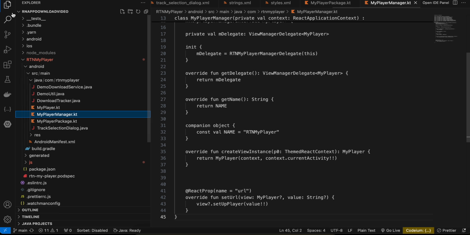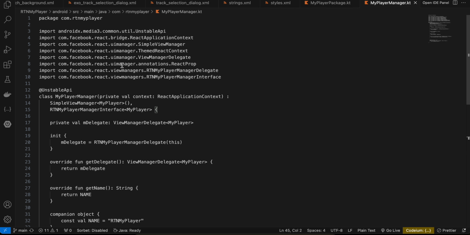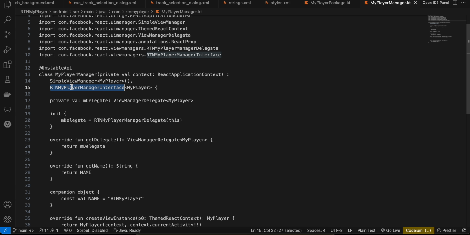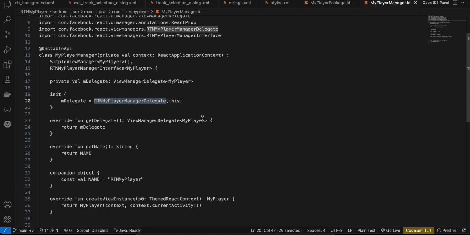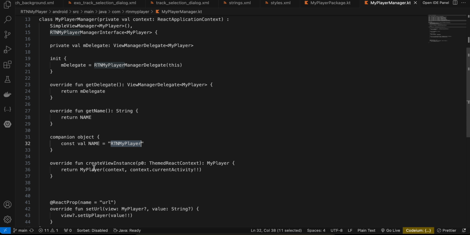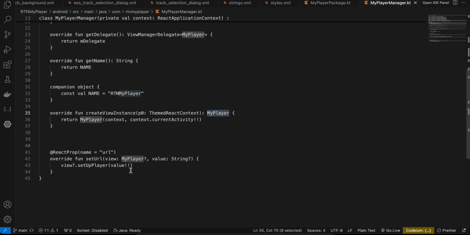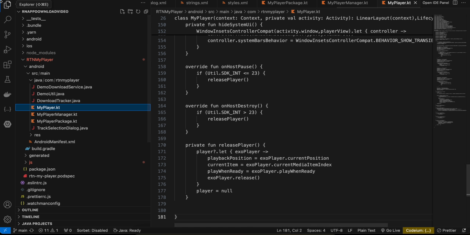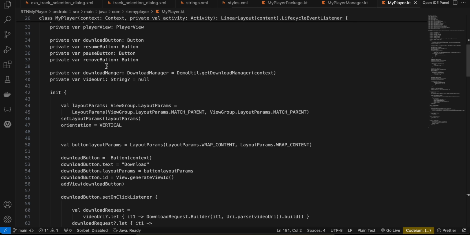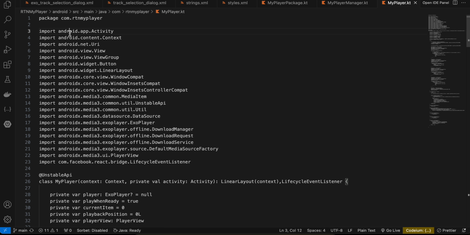Next I have created this my player manager.kt. Again, this has been copied from docs, only the package name has been changed, this @ unstable API has been added, and everywhere I have written my player over here. As you can see, my player over here as well as over here. And once you set the URL as a prop, we just call the setup player which has been defined inside my player.kt. So if I show you my player.kt, firstly these are all the imports